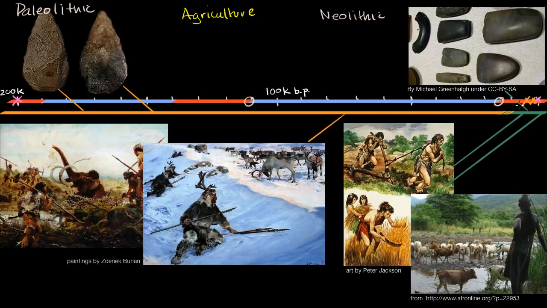But then around 10 or 15,000 years ago, we have the advent of human beings taking nature into their own hands. Instead of saying, let's just follow the game wherever the game might migrate to, let's actually domesticate these animals. Let's take some of them, start breeding them so they're more suitable for human consumption, so that they are easier to raise, maybe more robust, and we will breed them and we will raise them for milk, for meat.